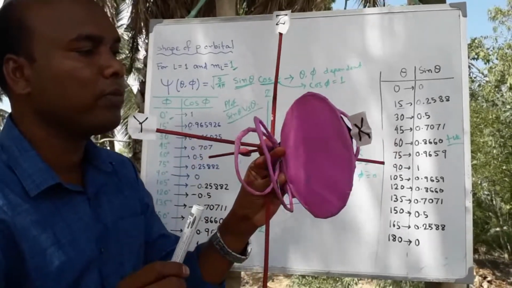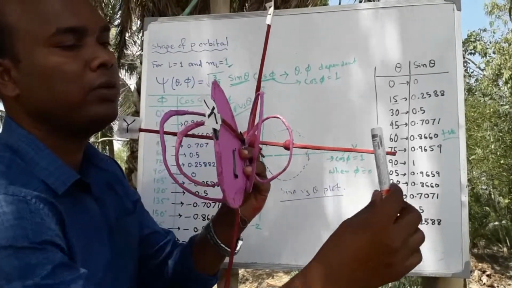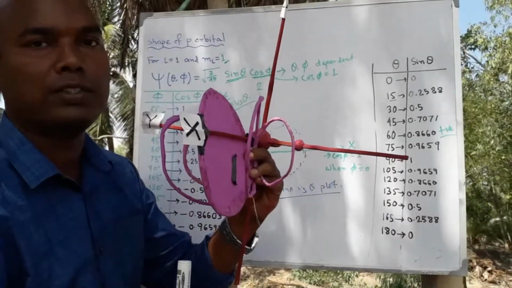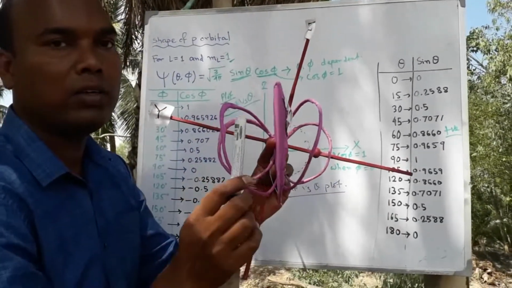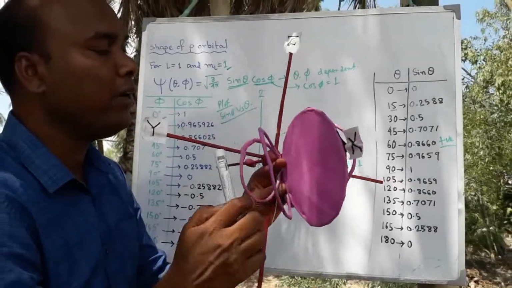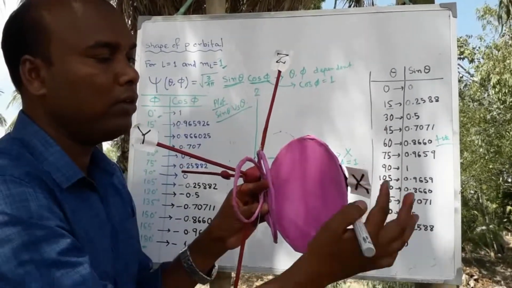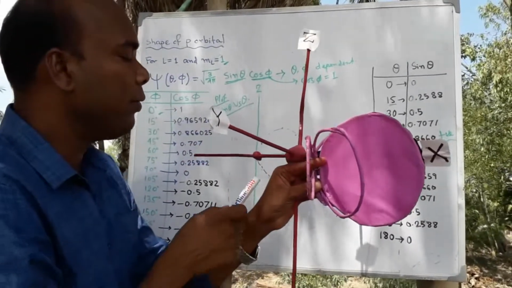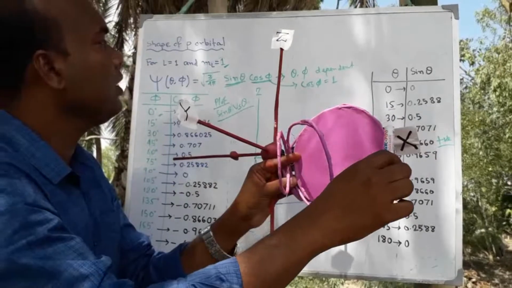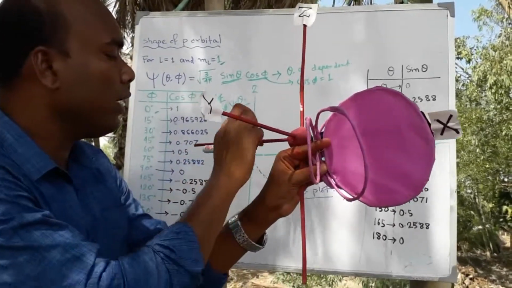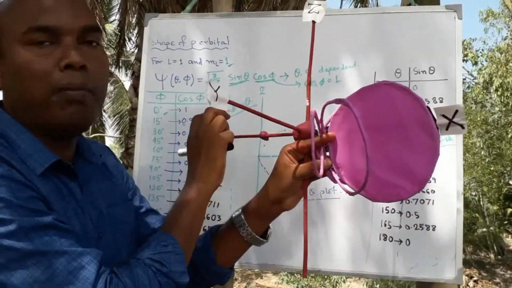And if you look at that side, here phi is between 270 to 360. You will see that type of structure, and here you see for all these values of phi, cos phi is positive. So finally you will see a ball shape along the x-axis. Similarly, if you plot the cos phi value and multiply this with the sin theta value, you will also get the same type of sphere at the minus x axis.